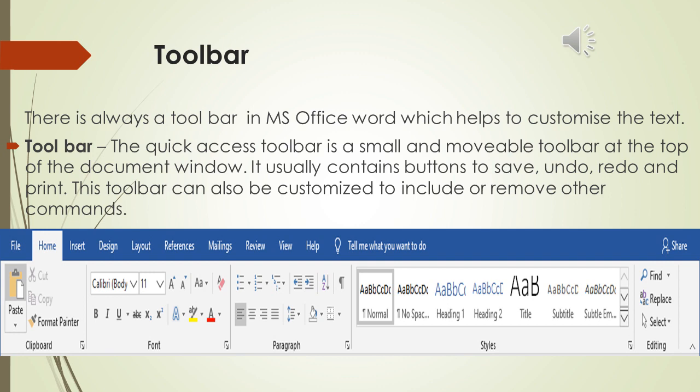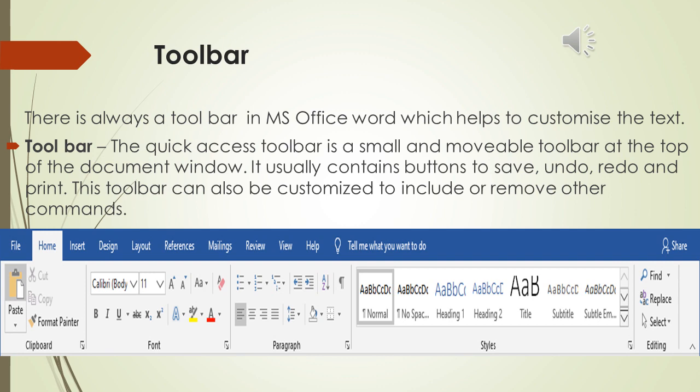First option you can see it's file, where we can have different options like save and save as, where we can save the file. Then you can see home, where we have different options of cut, copy, paste, format painter and clipboard. Next we can move to the font, where we can see there are different styles of font, different size of font.